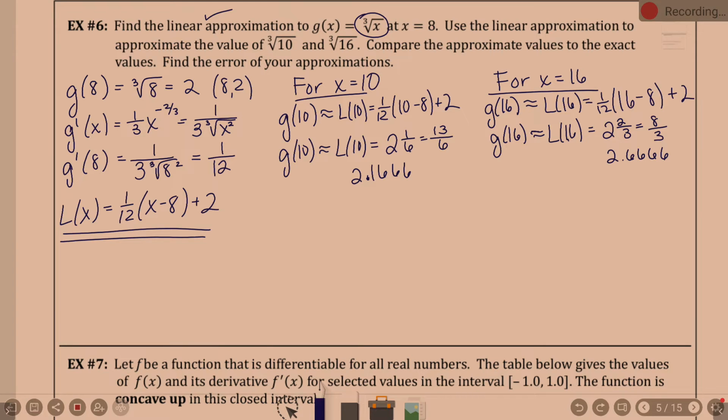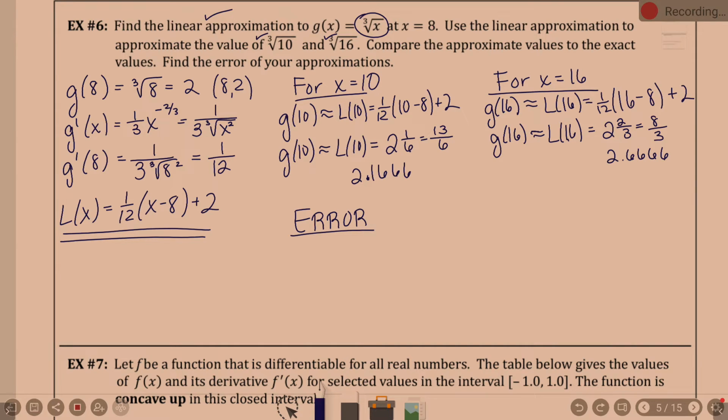Okay, so we used the linear approximation to approximate the value of the cube root of 10 and the cube root of 16. Notice we're all in the ballpark, right? Cube root of 8 was 2. Cube root of 10 is approximated to be 2.166. Cube root of 16 is approximated to be 2.66. Now, it asks us to find the error,